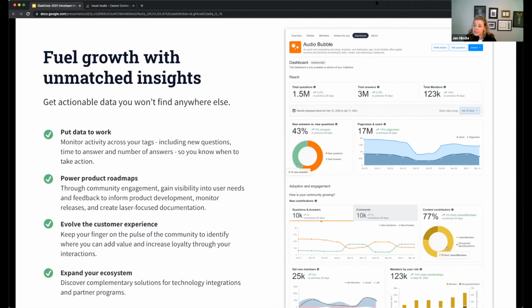And then there's an executive dashboard that really surfaces data around the reach of your collective. So think about total questions, answers, members, page views, users, adoption of your collective, how many members you have, how they're contributing, right? We talk about collaboration, so monitoring that as well. And it also provides tag and competitive tag insights. So that's surfaced through these dashboards as well. Okay.